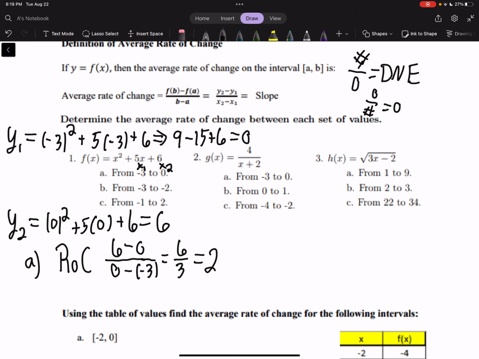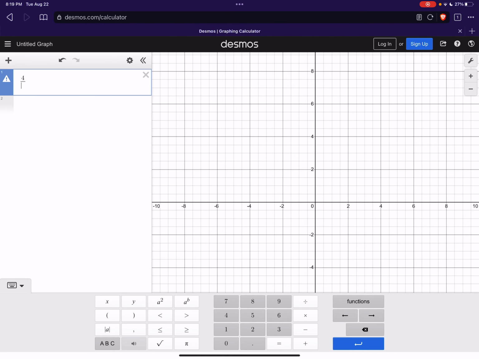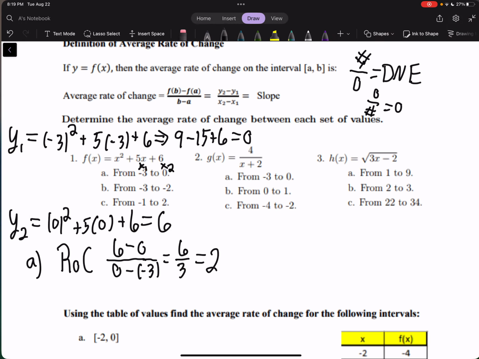Alright, I'm going to skip B and C. I'm going to go to part 2, and I'm going to show you how to use Desmos for these. For Desmos, you're going to type in your equation, 4 divided by x plus 2. Now you have two options in order to find your y values given your x's. So if you look at negative 3 and 0,